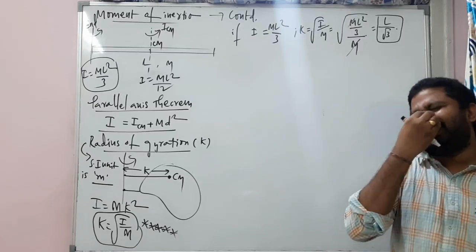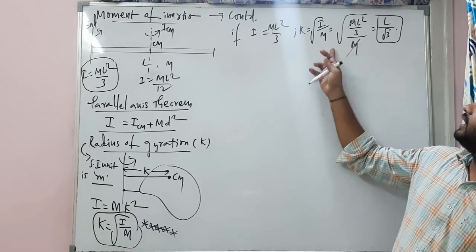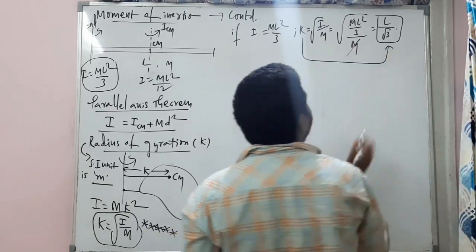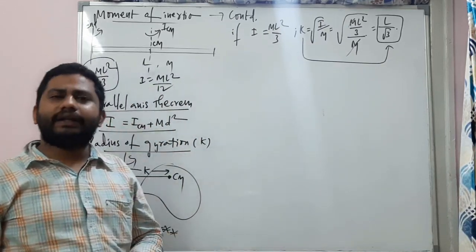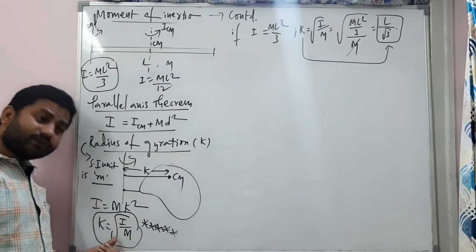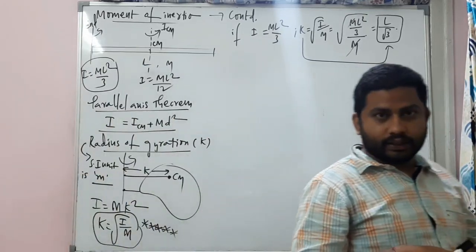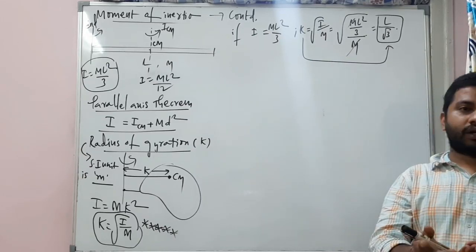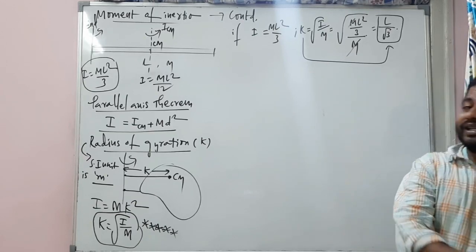Anybody, this is an example. We have done it for a rod. Okay, we have done it for the rod. The same formula can be applied to a ring, to a disc, to a square plate. Understand? And it can also be applied to a cylinder, to a sphere, hollow sphere, solid sphere, hollow cylinder, solid